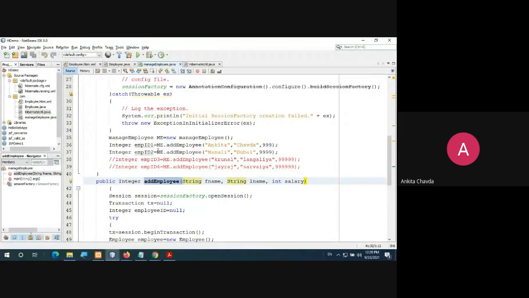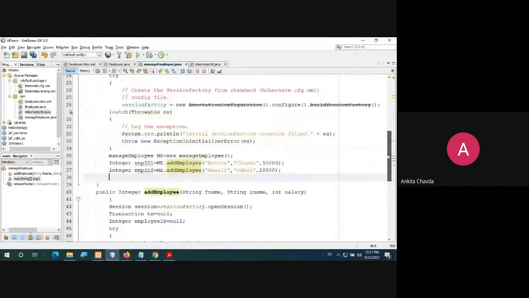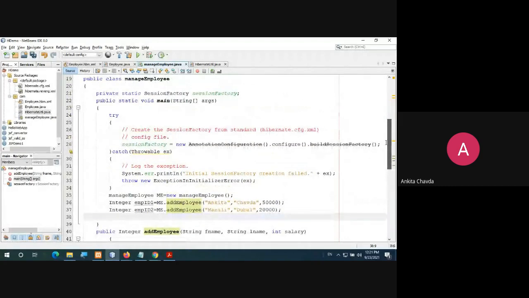So from the public static void main, what you need to do in Java also, you just need to create object. You need to call the methods. That's it. So here I have made one method which is add employee. So that is for inserting the records, right? So I'm giving some first name and last name and salary, right? That I'll write over here. And okay, so this is what I have given. Now here this will be over, right? Here this public static void main is over.